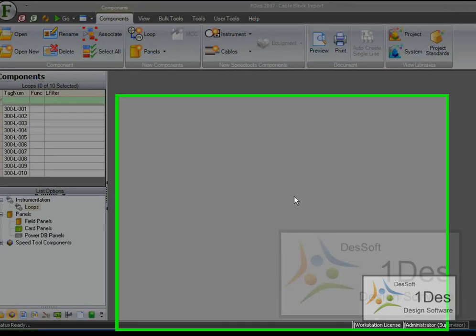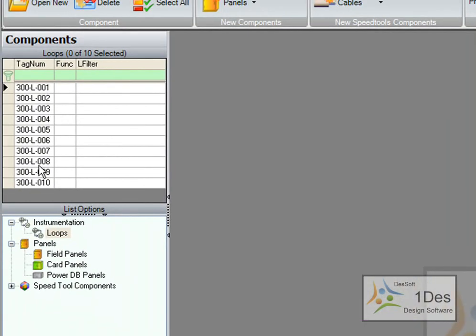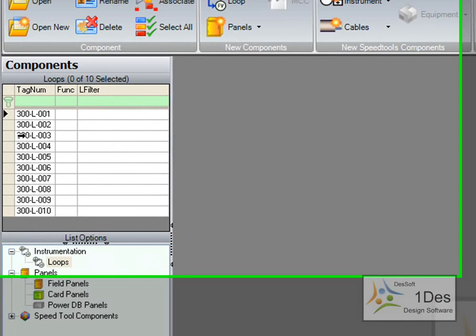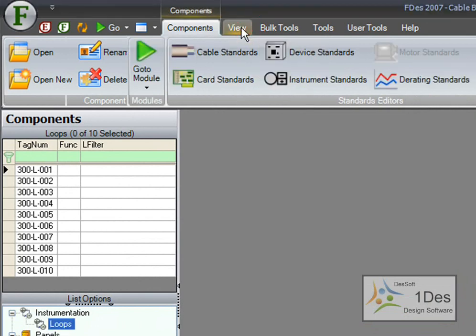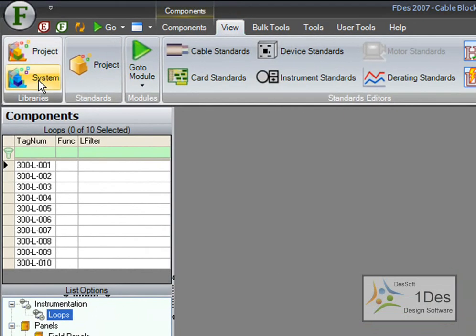Welcome to this video where I'll be explaining how to bulk assign T-strips to instruments. Right, in the previous video I did a cable block import, so I already have 10 loops and 20 instruments in this project. So first thing I'm going to do, I'm going to go to View